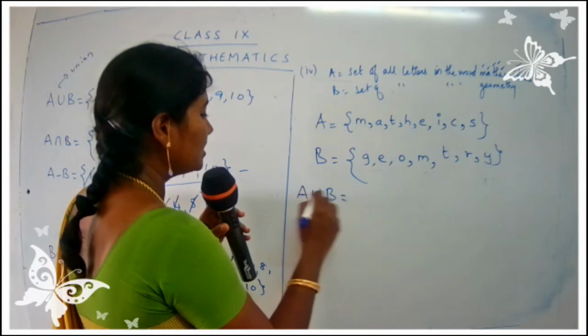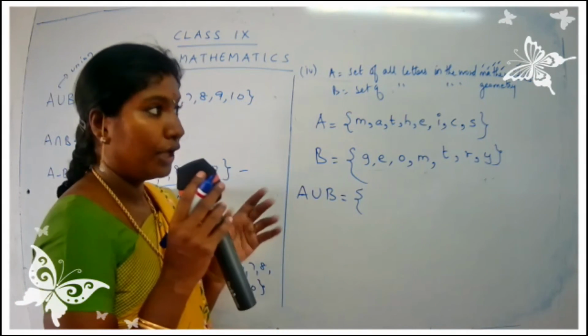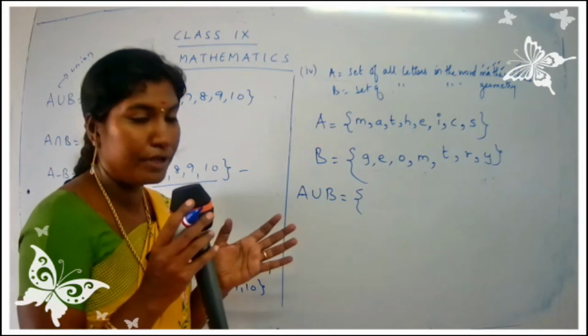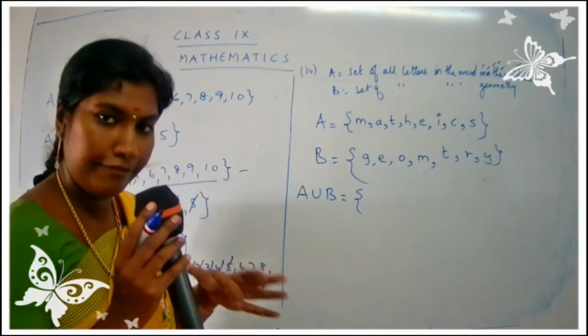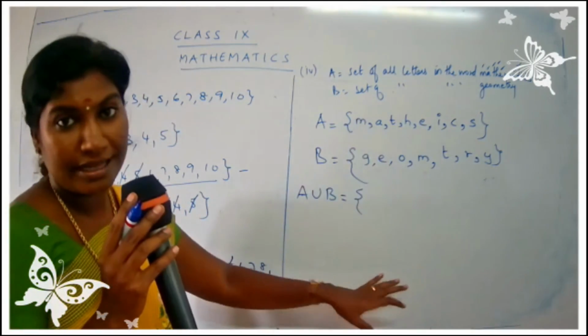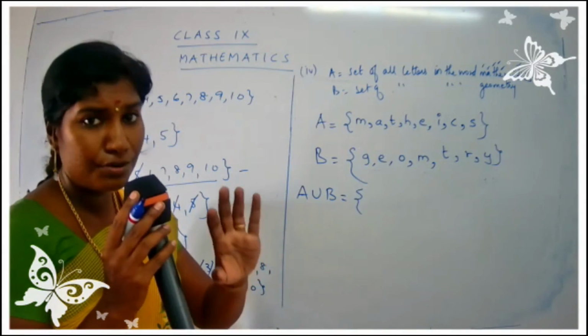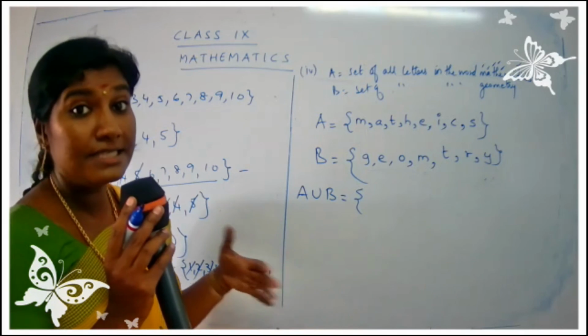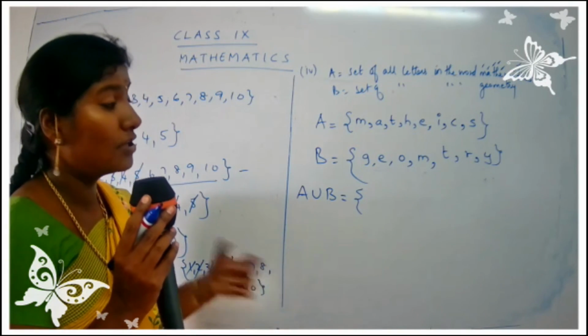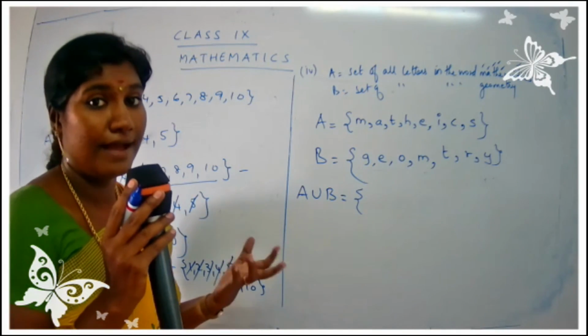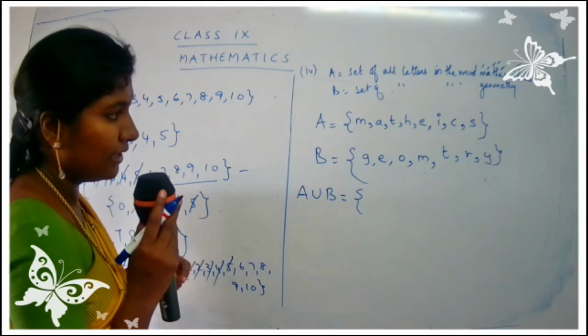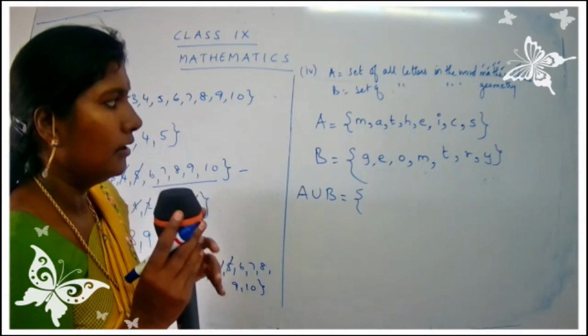If you want, you can just continue here. You can go alphabetically, like A, B, C, D, E, F, or you can just take them down together. I have told you that you can write them in the same manner. Nobody is going to reduce your marks, but it is easy for you to check the answer, whether you have written all the values or not. So here I am going to do it directly.